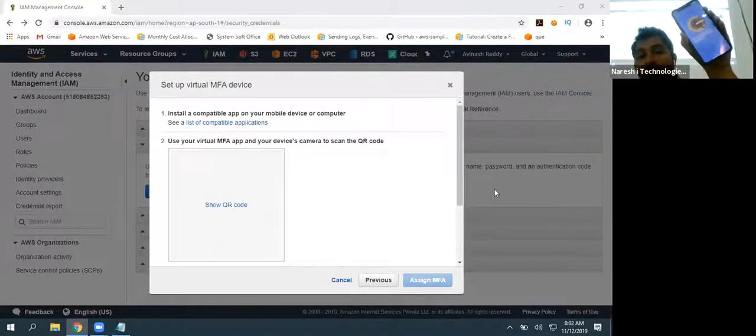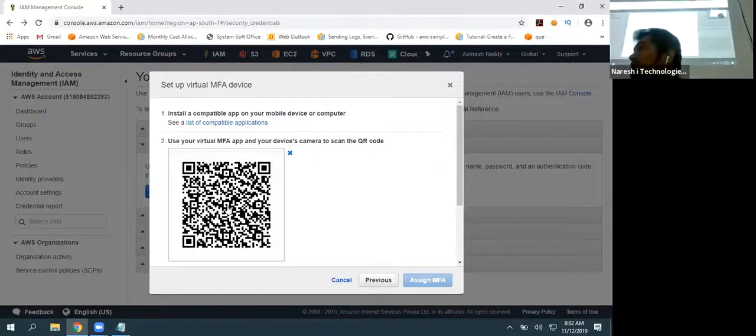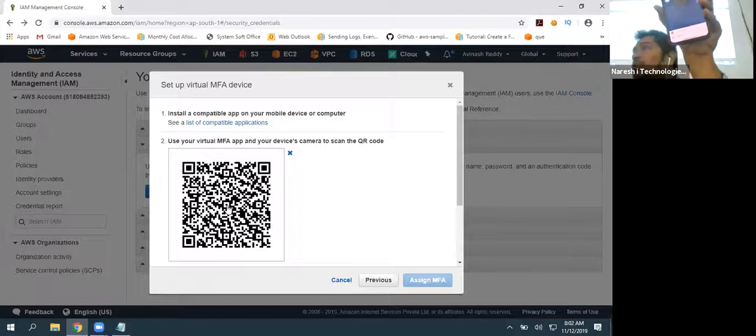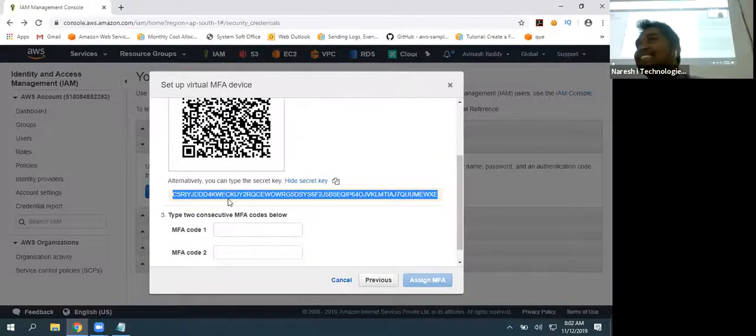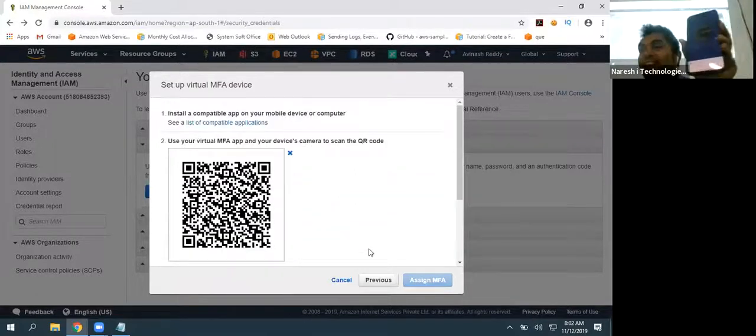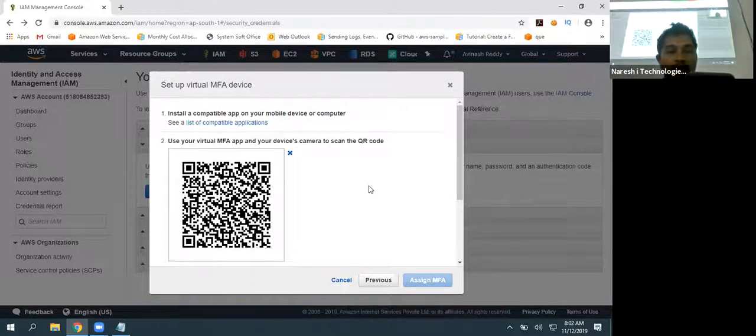Now I'm going to click on scan QR code. After begin setup, it gives two options: scan barcode or manual entry. Scan barcode, if your camera is working, you can use that. But if something happened to your camera and you have a smartphone, you can use the manual entry option. The worst part is you need to enter the whole secret key there. Luckily my camera is working, so I'm going to scan this now. Click on scan barcode, and I've scanned.